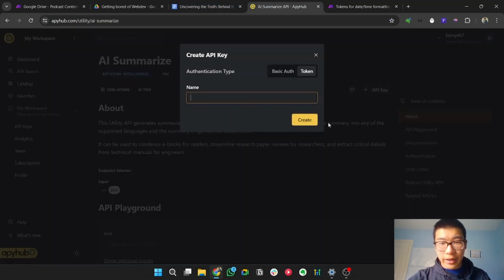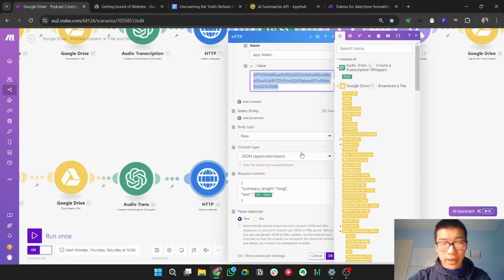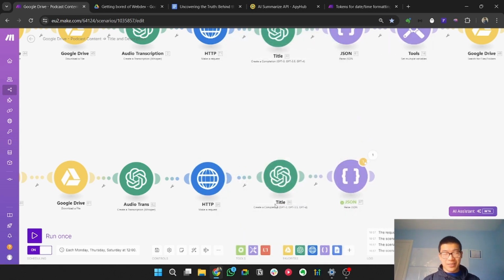So you just generate an API key, throw in a name, get the token, and drop it in. Then you do raw JSON, and the request is you send in JSON format again. Summary length is long because it's about 100 words, and you send a text, which is just text, and then you parse the response. Boom. That's that done. You're all caught up today.